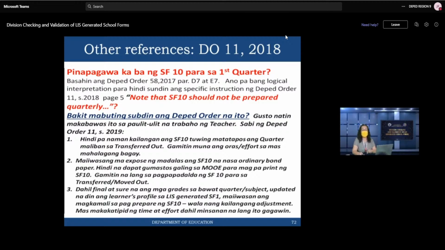Okay? And then dahil final at sure na ang mga grades sa bawat quarter subjects, updated na din ang learner's profile sa LIS generated SF1, maiwasang magkamali sa pag-prepare ng SF10. These are the reasons why SF10 is not required to be accomplished quarterly, no? Hindi dapat. Next,